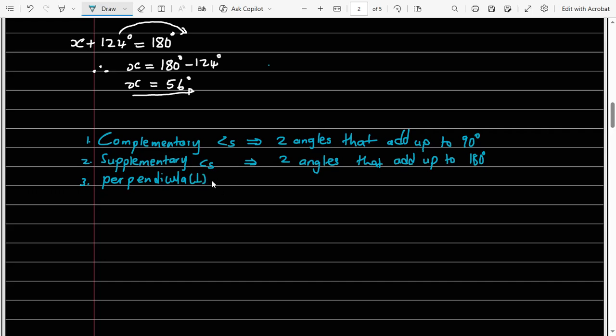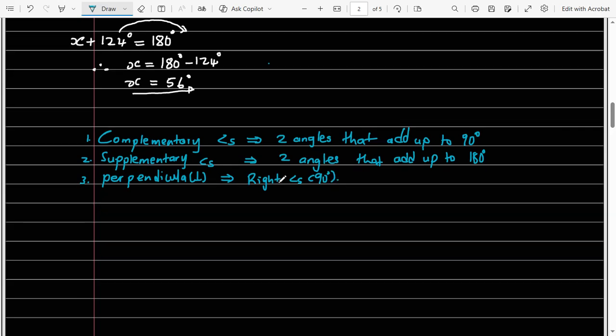So perpendicular, this has to do with what? This has to do with right angles, which is 90 degrees. Okay, so and then the last one,